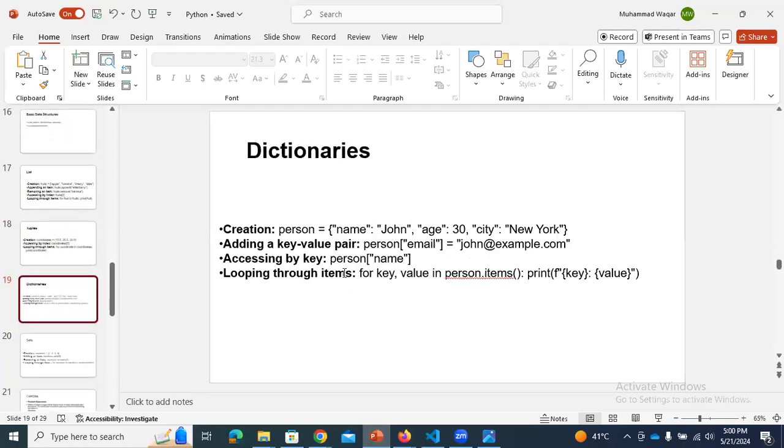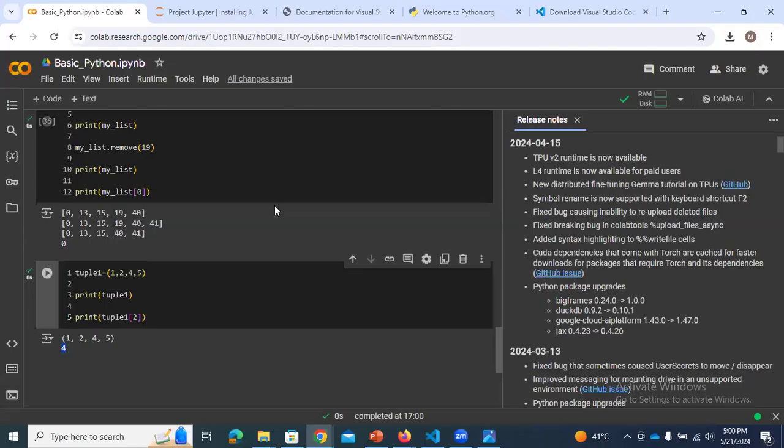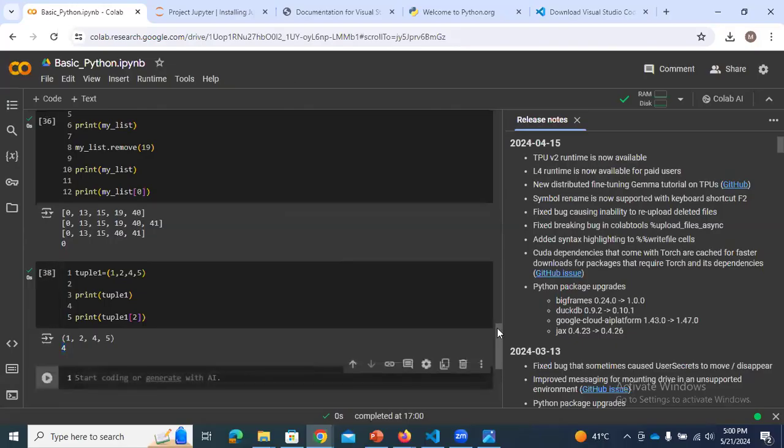And then next we have dictionaries. In dictionaries, we have values in key-value format. First, we write the key, then its value, and we can access any value by its key. Let me just show you an example of how we can create